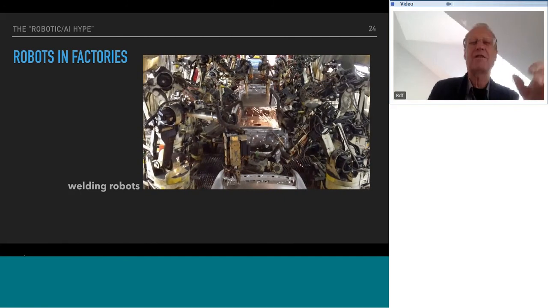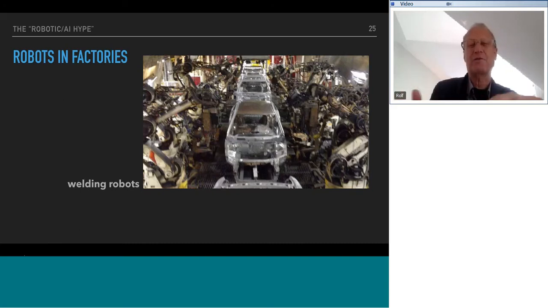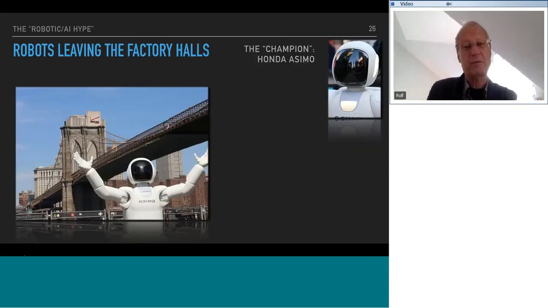Well, you can see there are sparks, there are poisonous fumes, it's very loud, it's dangerous. There are no humans. It's fully automated, and that's a good thing, because humans should not be working in here. And they were behind factory walls, and that's why robots at the time have not been so much in public awareness. But then about 25 years ago, a quarter century ago, a fascinating movement started, namely that robots started leaving